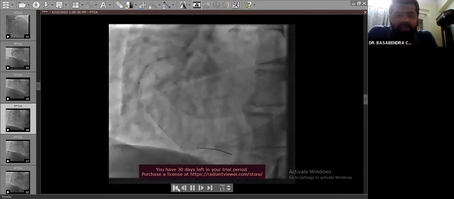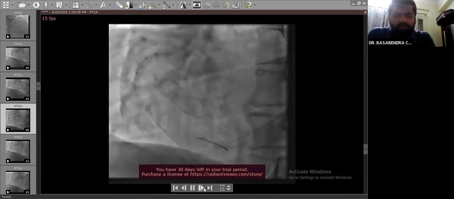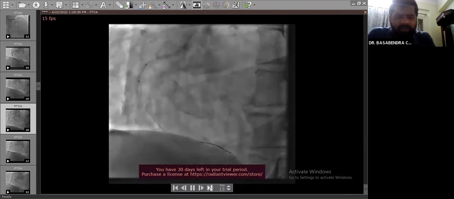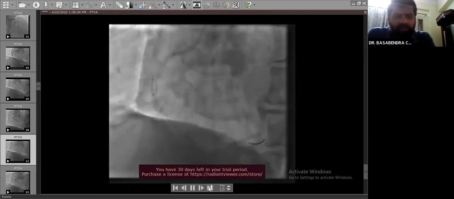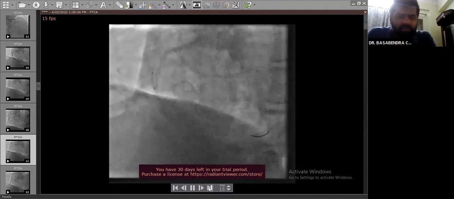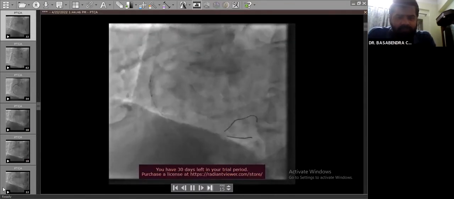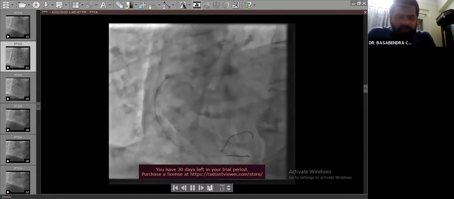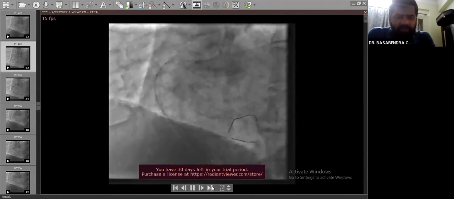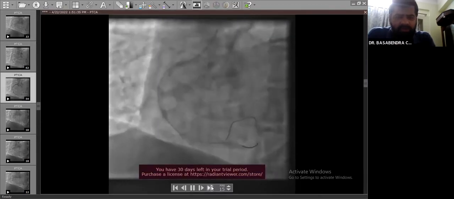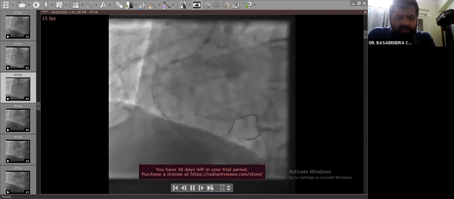So first we had taken a 2x10, 2x12 semi-compliant balloon. We could not cross the distal lesion. So we inflated the balloon at the mid and proximal levels and came out and decided to take a 1.5 into 10 balloon. But with this balloon also, we could not cross the distal most tight stenosis, the calcific lesion. A buddy wire was taken, a Whisper Extra Support wire was taken, but that also did not help. We could not negotiate through to the distal lesion.